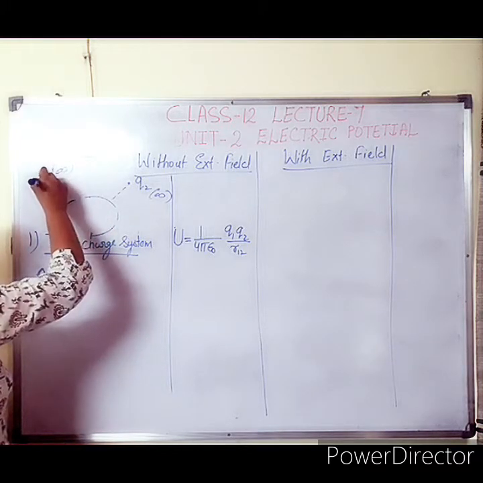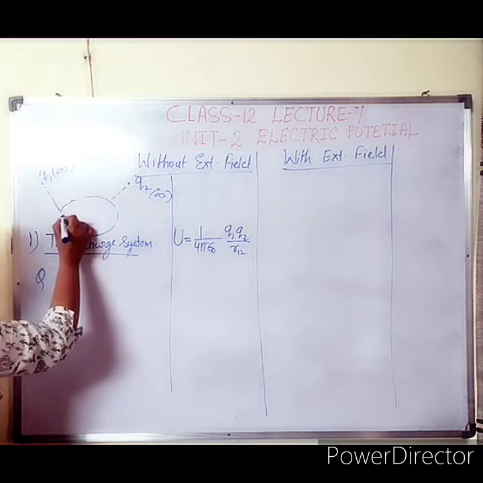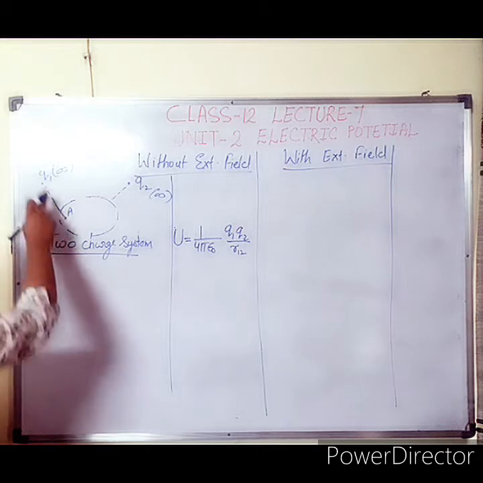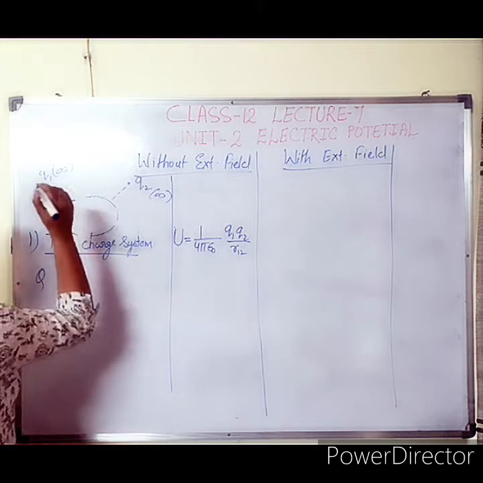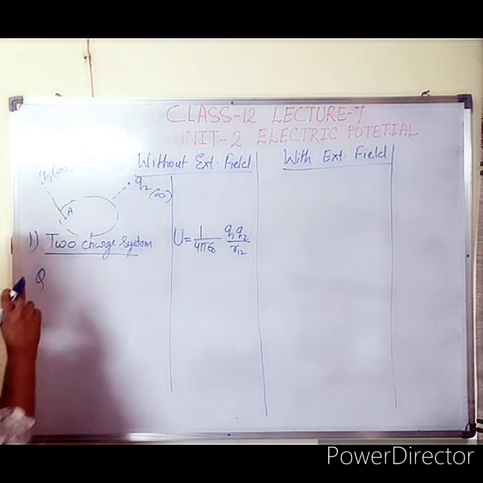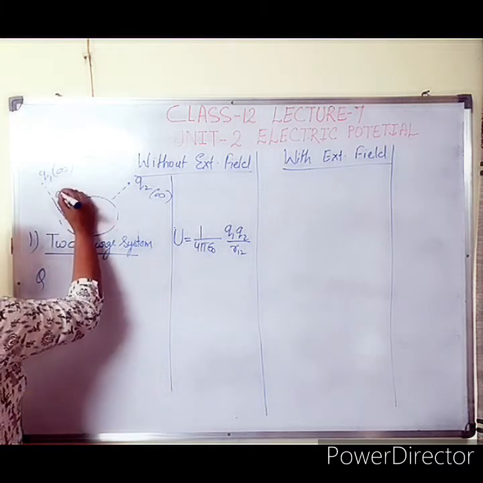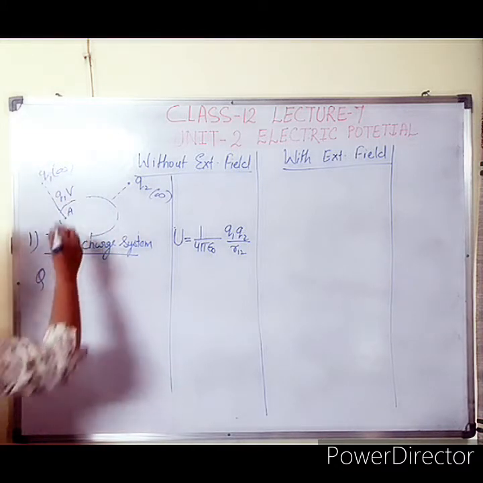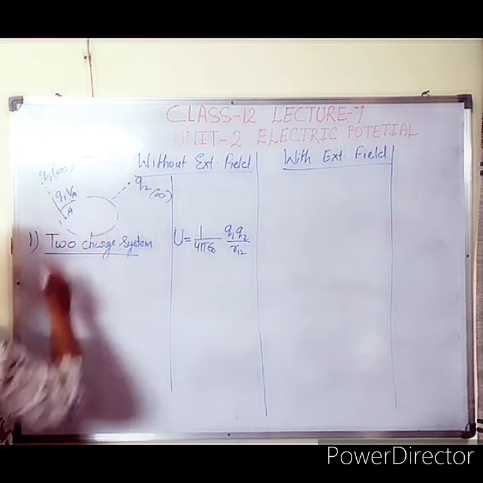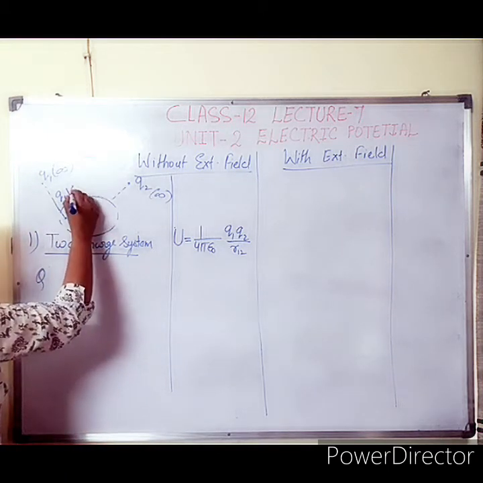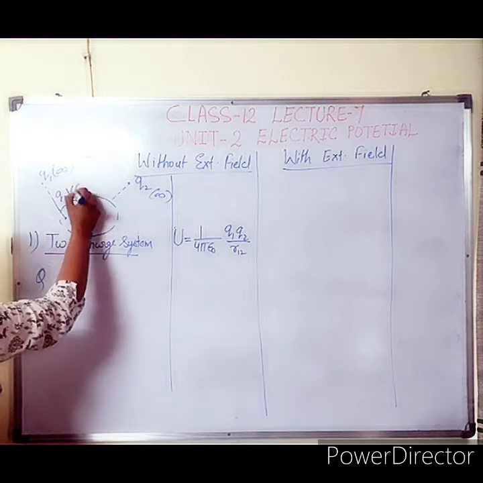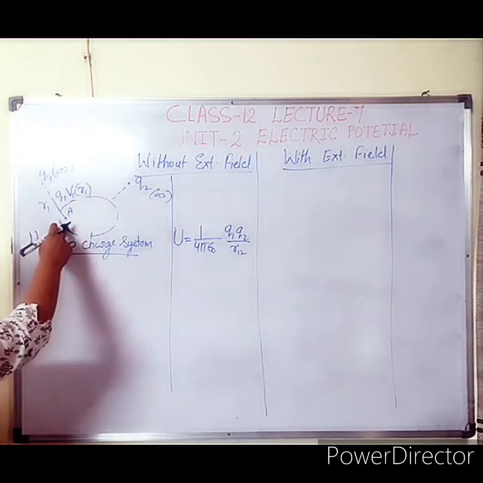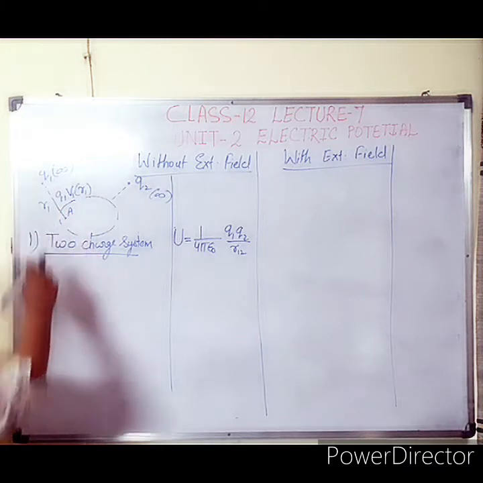So when the Q1 charge is coming closer from infinity to a point A inside this field, there must be a force applied on the Q1 charge, and the work done will be equal to the value of charge multiplied by the potential from infinity to point A. Let the potential at A be VA or V1. For charge 1 we can write it as V1. The distance travelled by the charge is R1. This is the R1 distance travelled by charge Q1 from infinity to point A.